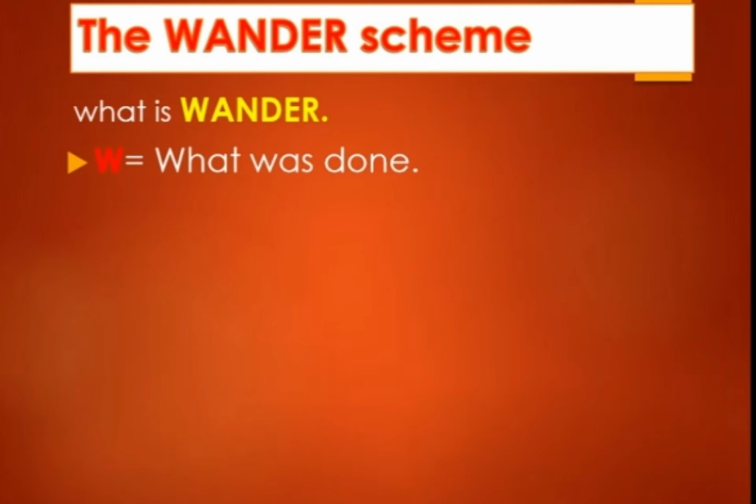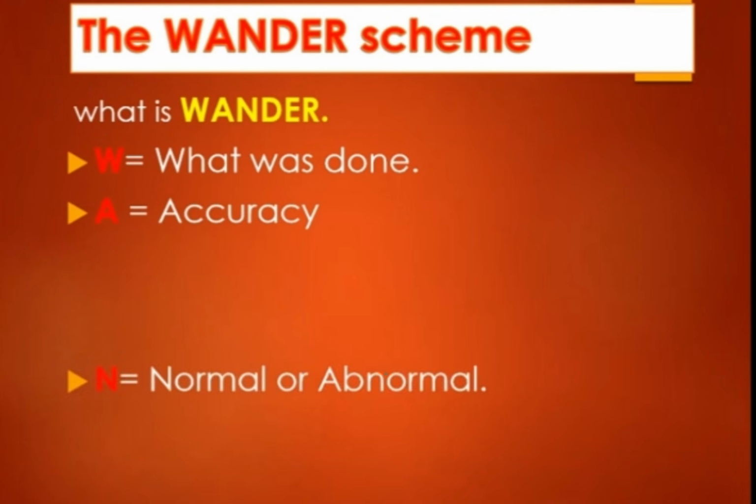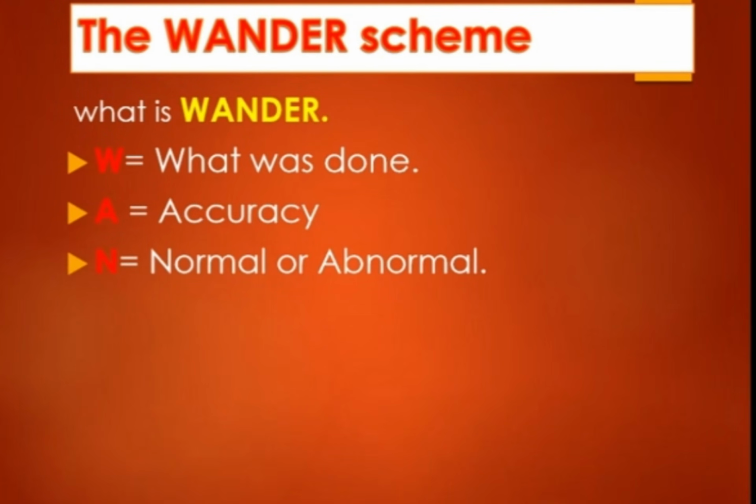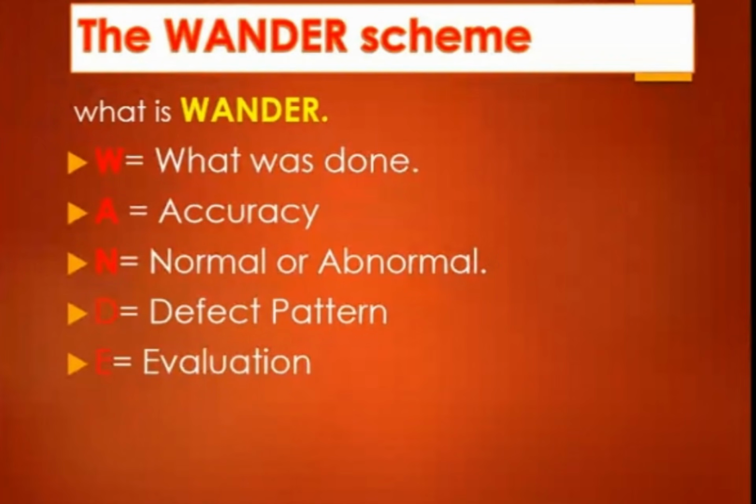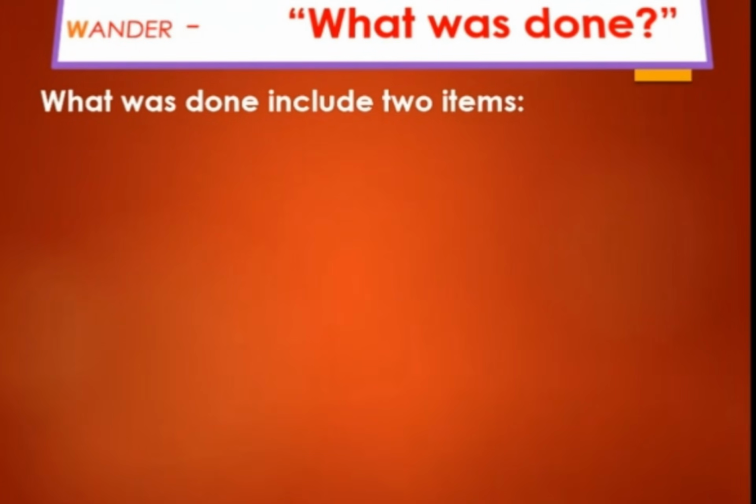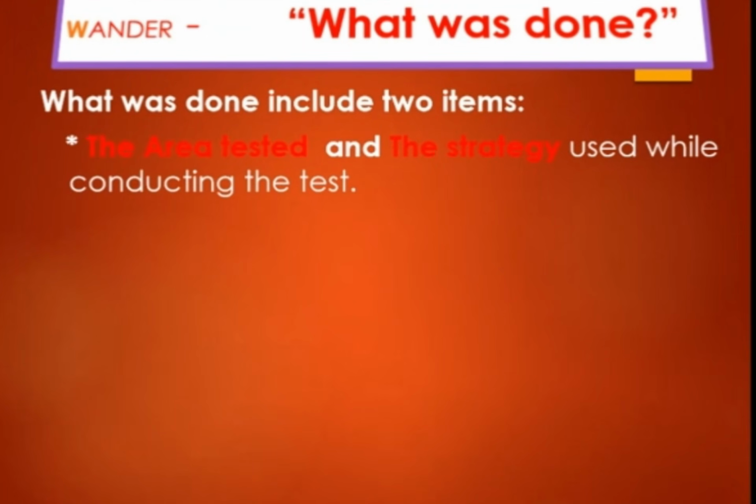The W means what was done. The A means accuracy. The N means normal, the D means defect pattern. The E means evaluation. The R means review or reflection. So we start with the W, what was done. It's actually in two items. We have the area tested